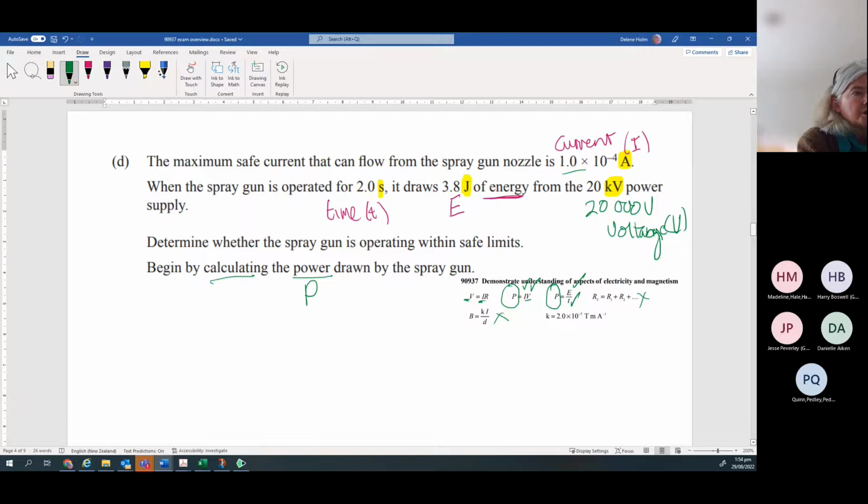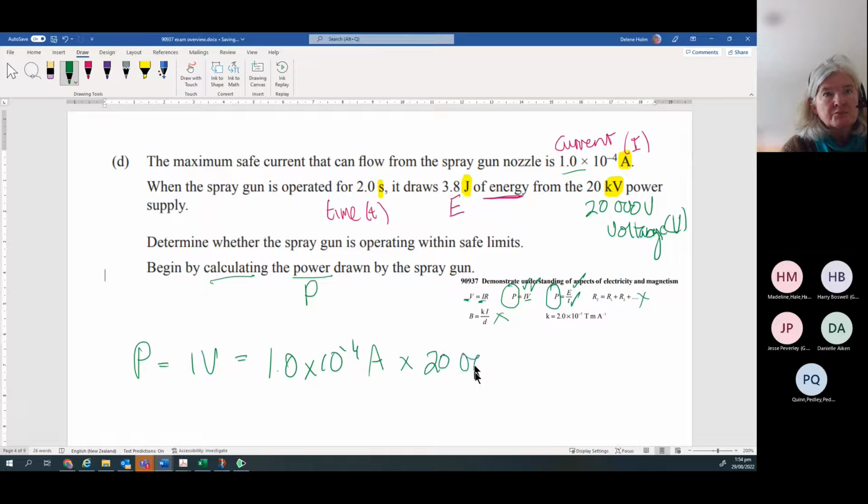So let's start. Let's just simply say P is equal to IV, which is equal to 1.0 times 10 to the minus 4 ampere. Notice how I write the formula first. I don't just make masses of numbers. Formula first. And then I substitute and I give my voltage. And notice I am putting in my units because I want to make sure I am using the proper units of volts and amperes and not things like kilovolts. And if you have that, you will get an answer of